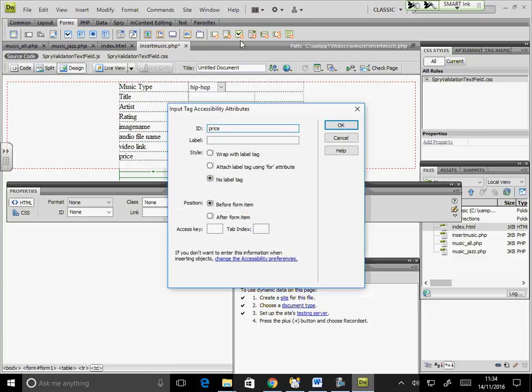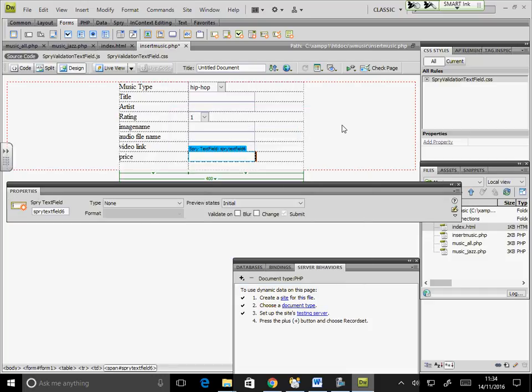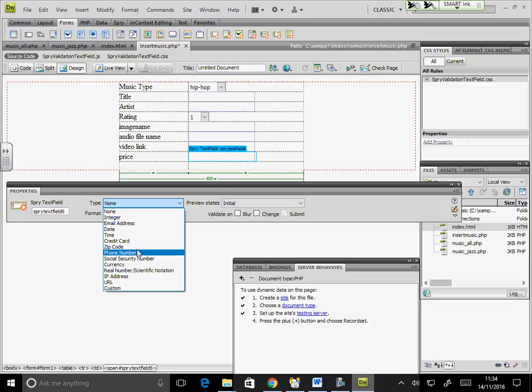Now price, I don't want them to be able to enter text ABCD, right? I want them to be able to enter only numbers. So you click on this and you choose here. What will you choose? Where's currency?